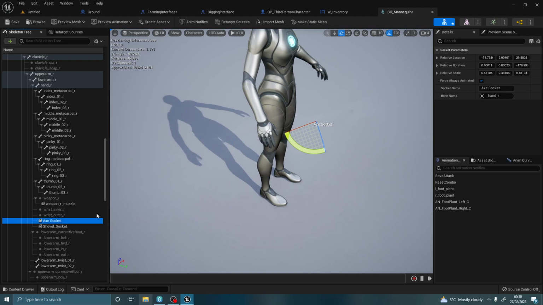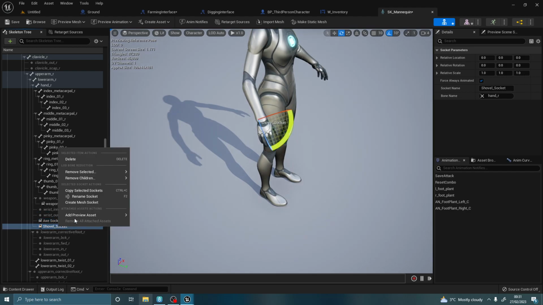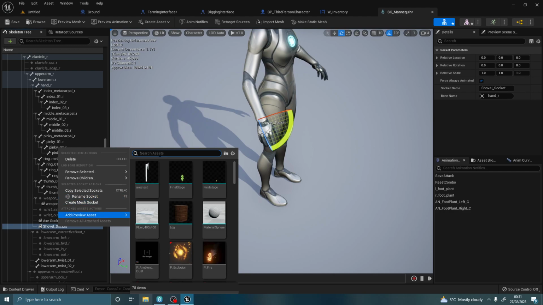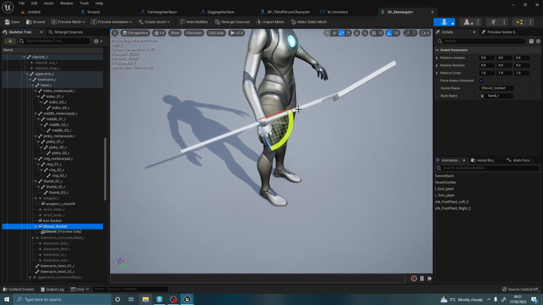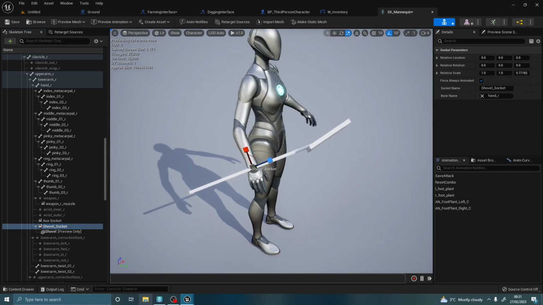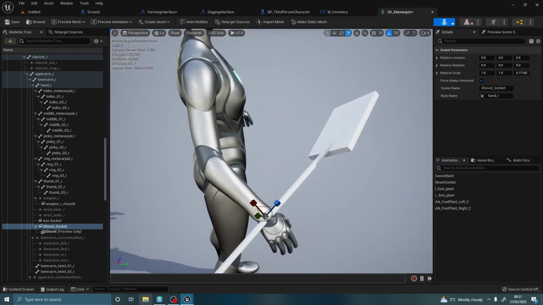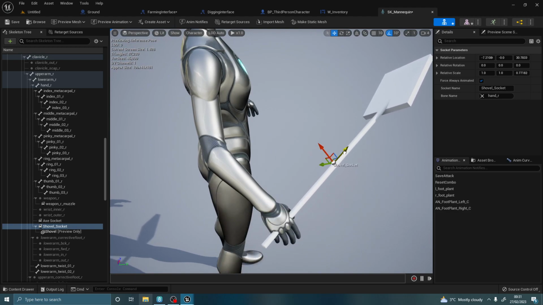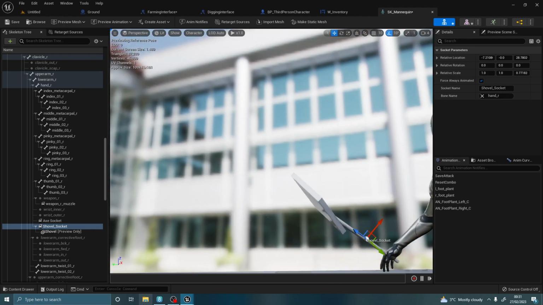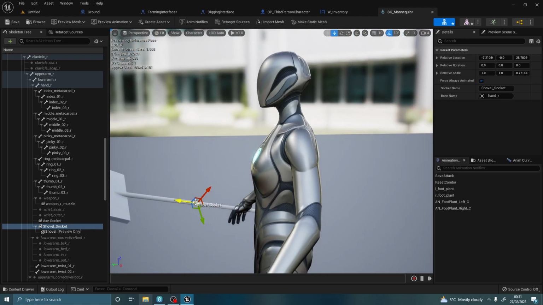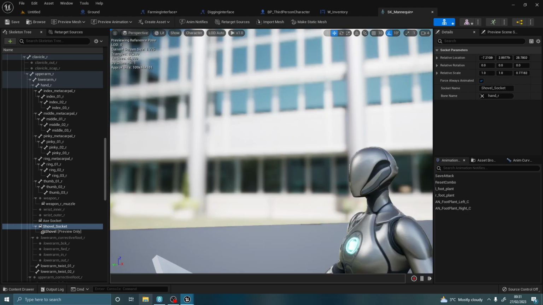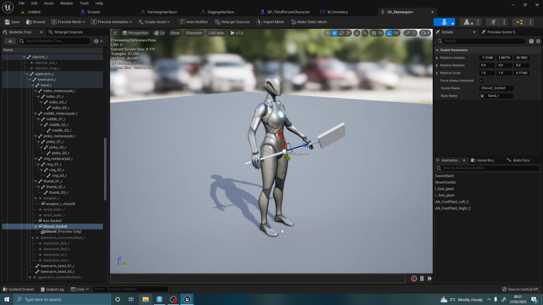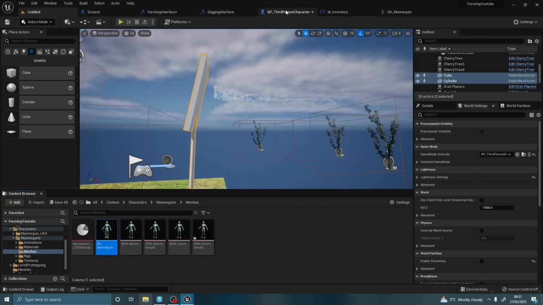Right, so this one here, the axe, we can remove all attached assets. On the shovel, you want to go add asset and type in shovel. And to me that looks a little bit long, but it's a shovel. Let's not comment and say how bad my shovel looks. Okay, it is what it is. You can sort all this out if you wish, but for me, we're just going to hold it like that as a shovel. We're going to compile, we're going to save that,